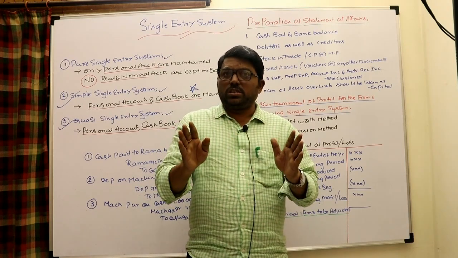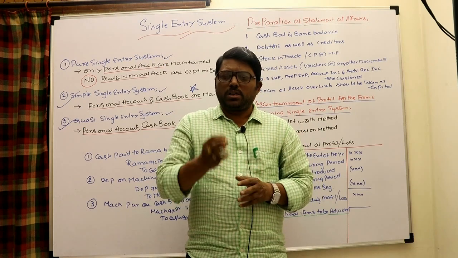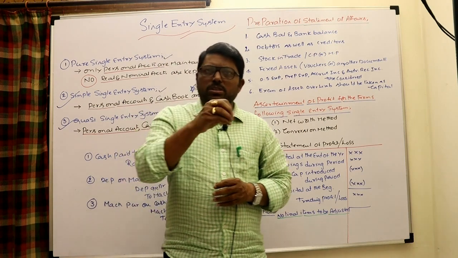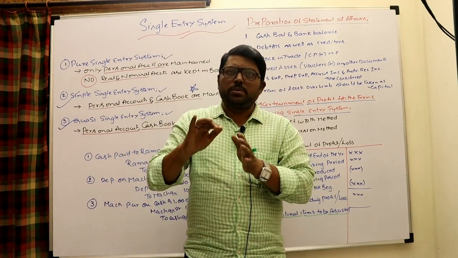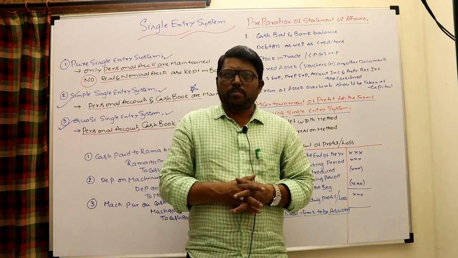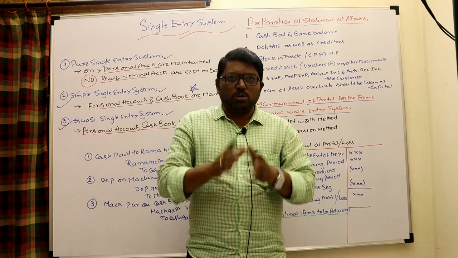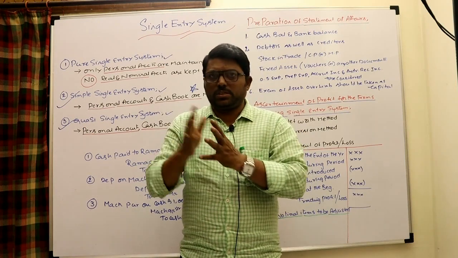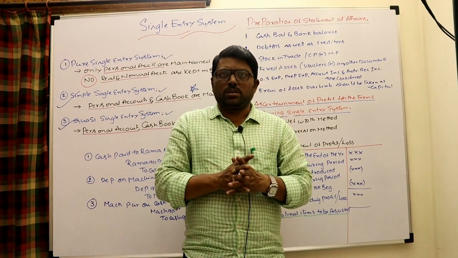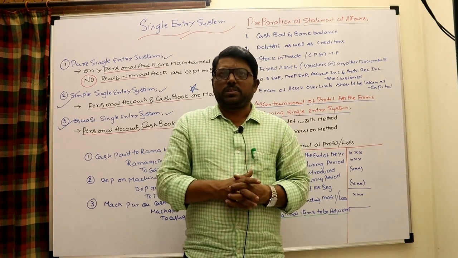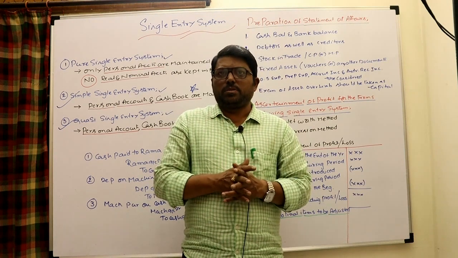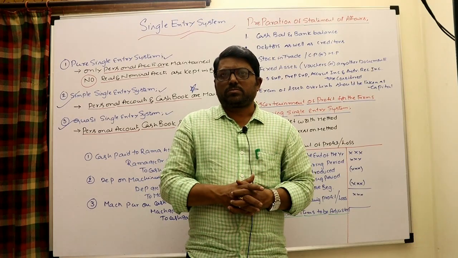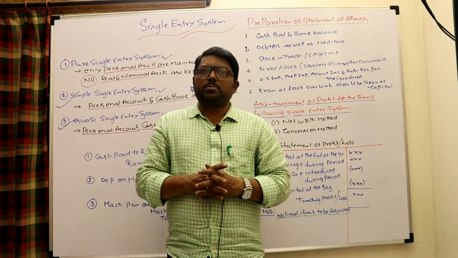If there is no drawing during the year and no additional capital brought in, because these three only will touch the capital account. If you bring additional capital, capital increases. If drawings are made, capital decreases. Otherwise, nominal accounts. So if no additional capital is brought in and no drawings are made during the period, and capital is increased when you compare the beginning and closing, will you say that is a profit? 100% profit. If capital is decreased from the beginning to the end of the year, will you say loss? 100% loss. So this is the capital comparison method.